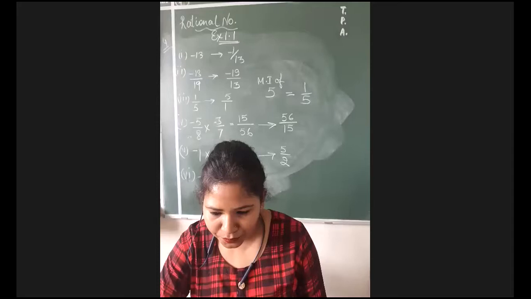Now move on to question number 5 again. That is -1 multiplied by -2/5. So when you do the multiplication, it will give you directly 2/5. And when you take the reciprocal of 2/5, again numerator changes to denominator, and denominator will become numerator. So it will give you 5/2. Now move on to the last one. As we have already studied, 1 and -1 are the rational numbers which have their same reciprocal. So it will give you the same answer. Thank you everyone.